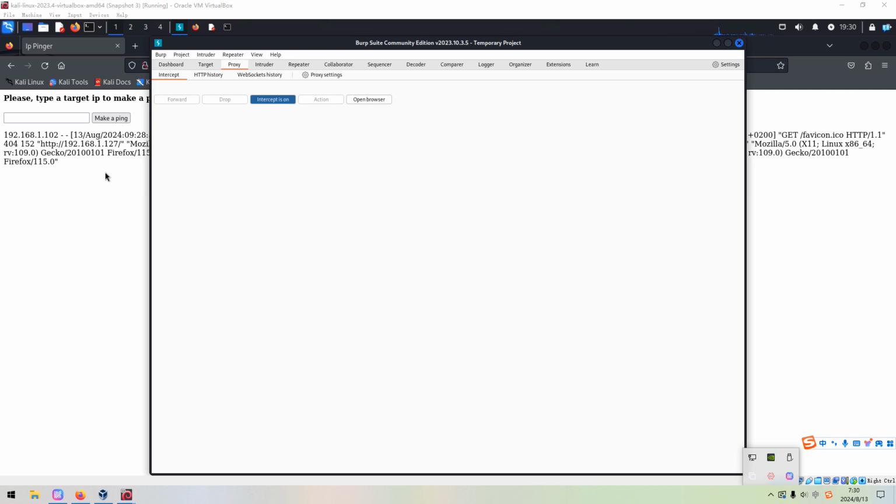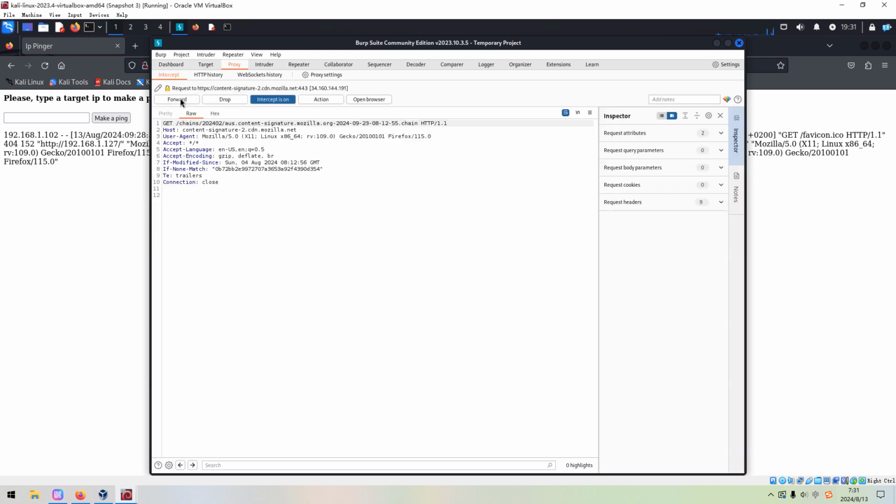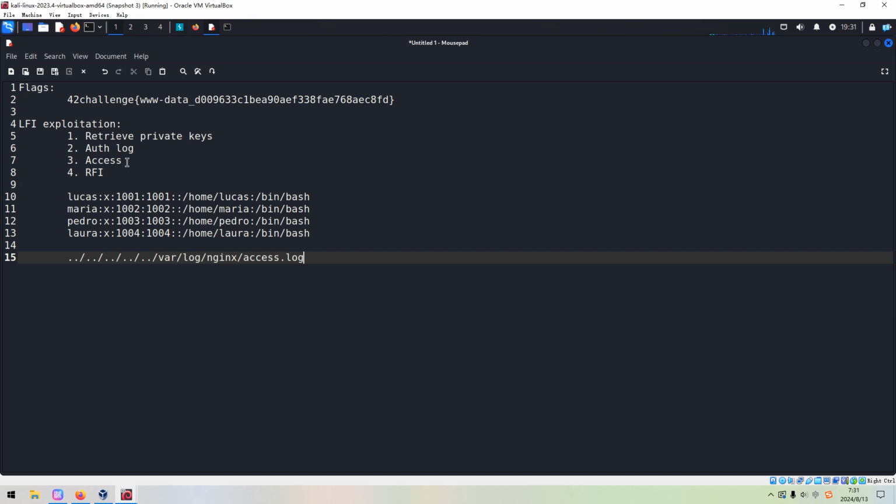Maybe I made too many requests during the directory immersion. Anyway, we have already successfully retrieved the access log. And next, I think we can poison the log file.